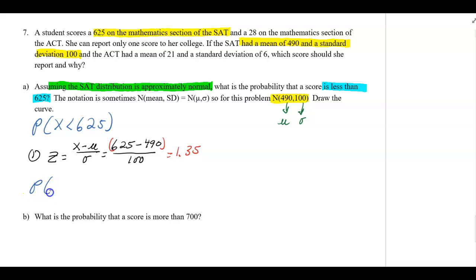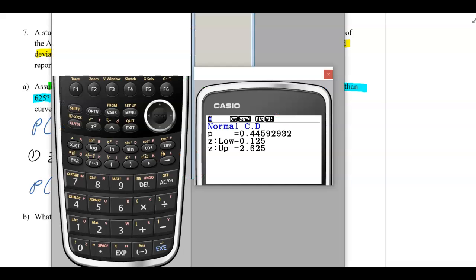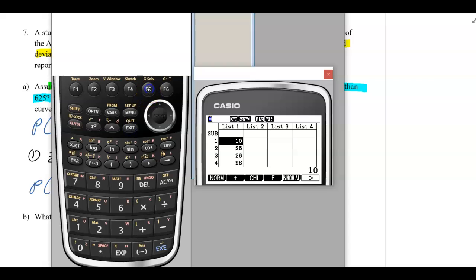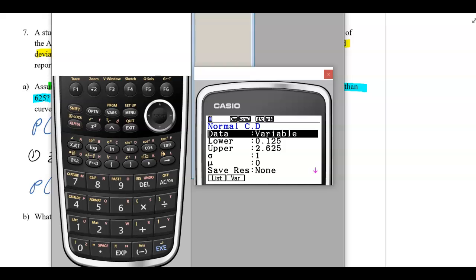So now I want the probability that X is less than 625. That is the same as the probability that Z is less than 1.35. So at this point I need to pick up my calculator. So I'll do this on a Casio first. On the Casio I might need to hit exit. I'm going to press distribution, normal, normal CDF. This time I want less than